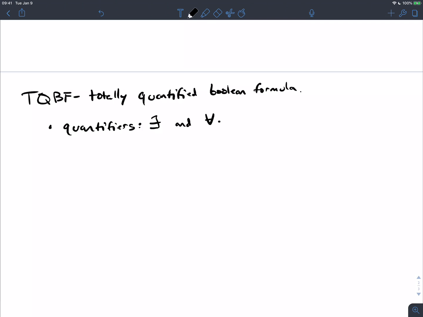So how are you going to use these quantifiers? Well, if we write exists x with phi, and phi is a formula, and x is a variable, then there must be some way, either true or false, to assign x such that the formula can be made true. So then this means that there exists an assignment to x such that